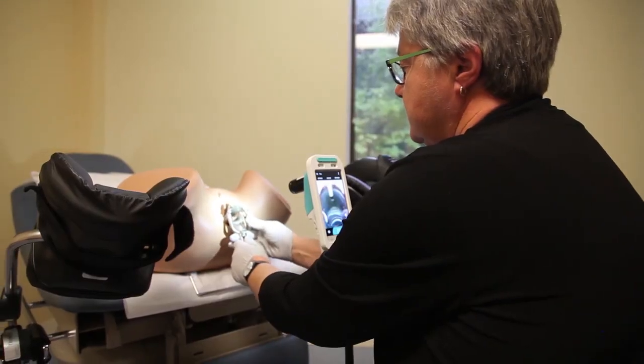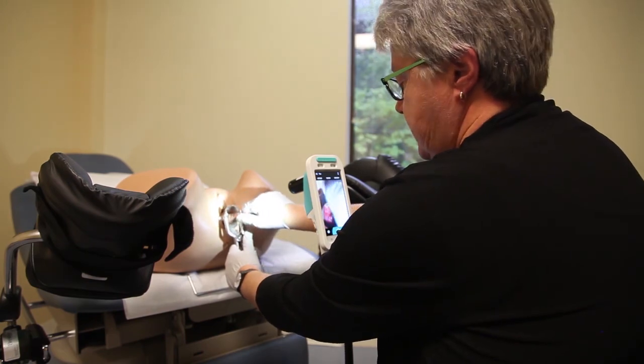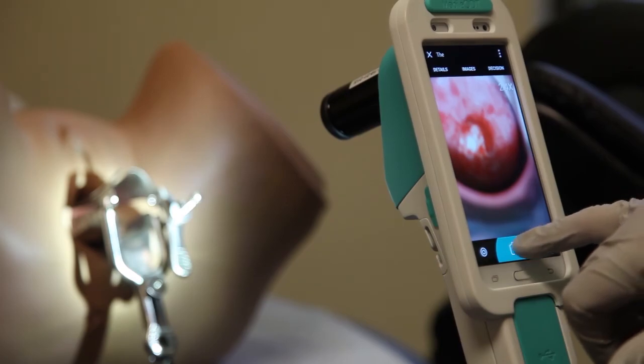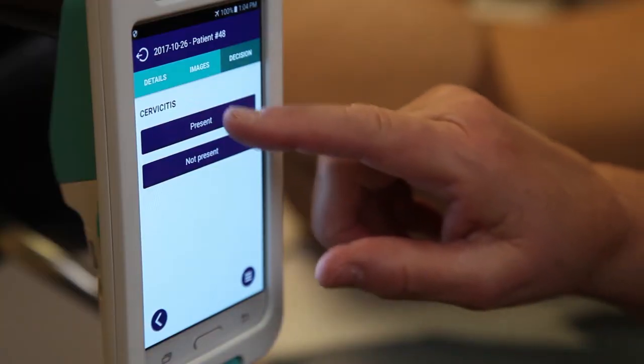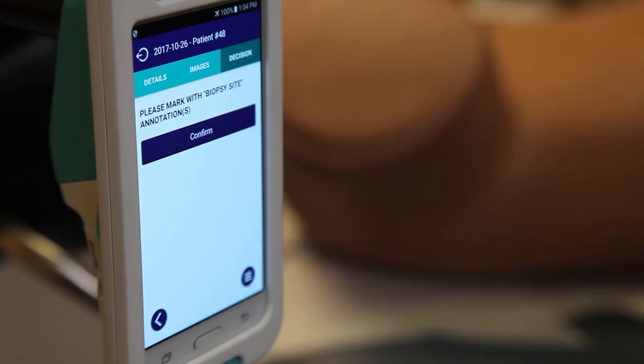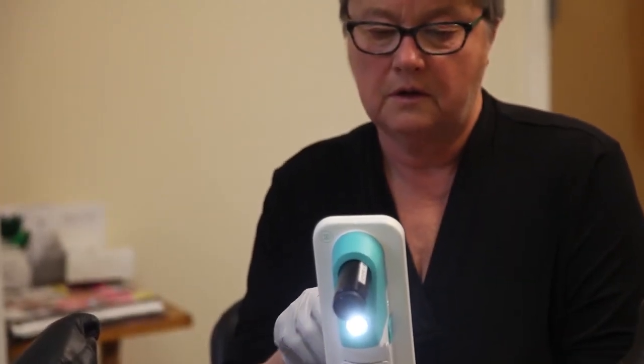You turn on the button, you position the instrument between the patient's legs. You can see that the light quality is quite good. And you start to take images. It's that simple. One of the exciting features is the storage portal for the images, where you can go back and review your images, annotate your notes, and then interface with your electronic health